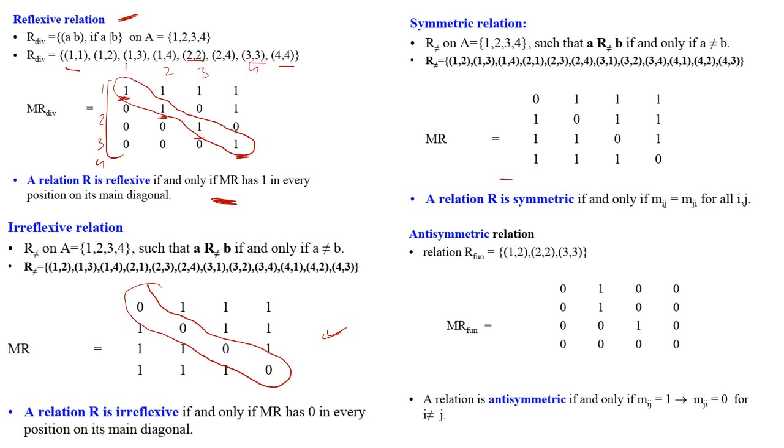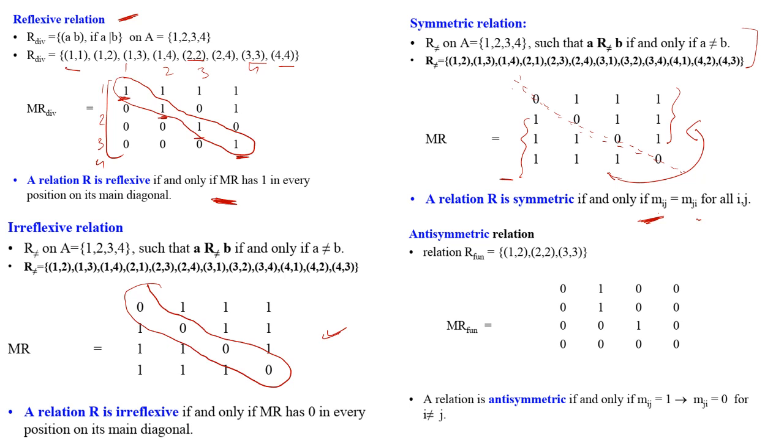If you want to check the symmetric relation, I can just draw a line over here, and compare the upper triangular matrix and the lower triangular matrix. It is not necessary that these elements will be 0 only. This is just the matrix for this example. But if I draw a line through the main diagonal and the upper triangular matrix is the same as the lower triangular matrix, what it means is, if I fold this matrix along this diagonal, the elements should match exactly, then it is called symmetric. That is, if Mij is equal to Mji.